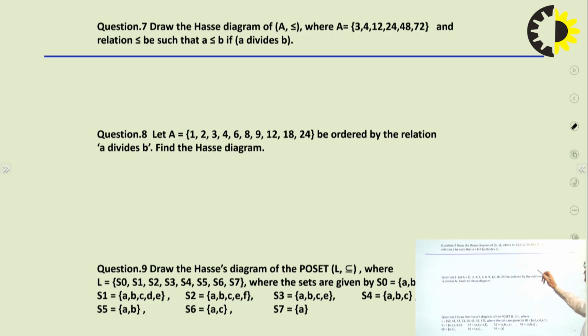Now we come to some more questions, that is, draw the Hasse diagram of A with less than or equal to, where A is 3, 4, 12, 24, 48 and 72, and the relation is such that A is less than or equal to B when A divides B. So how will we prepare it? Take the values. We put the values 3, 4 here, then 12, then 24, then 48, and at the last